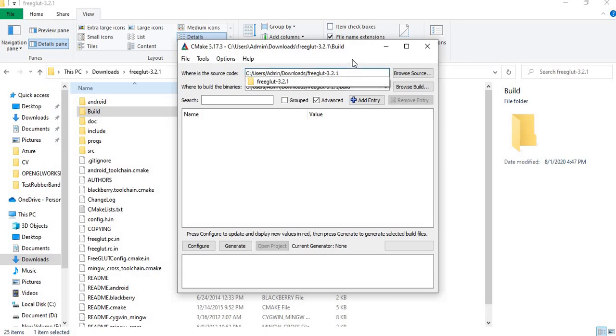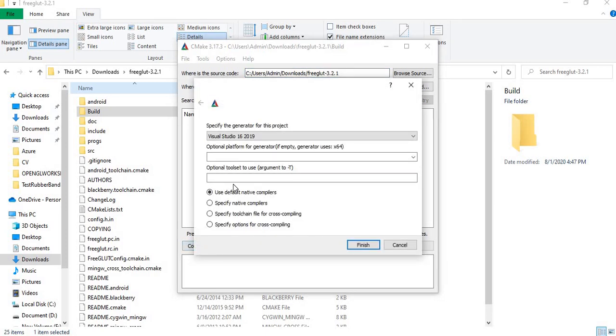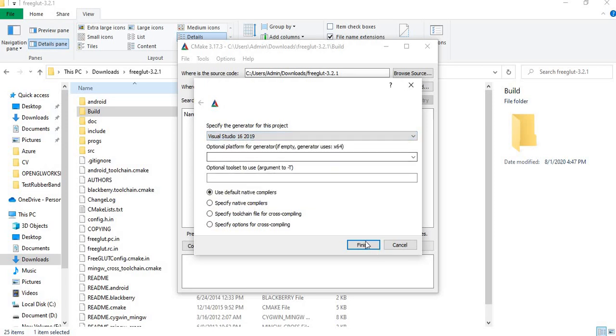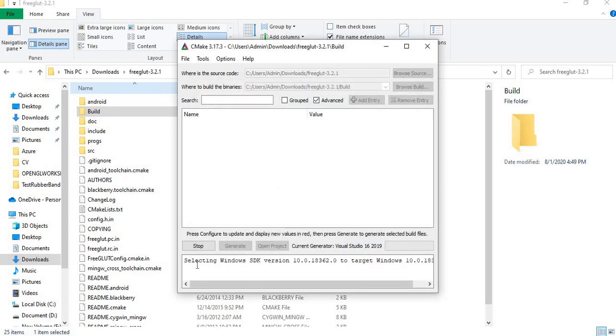Go here and then press configure. If you have the latest version, you can choose it. I have Visual Studio 2019 Community version, so I have selected this. Otherwise you can drop down and check whichever version you have, and then click finish.